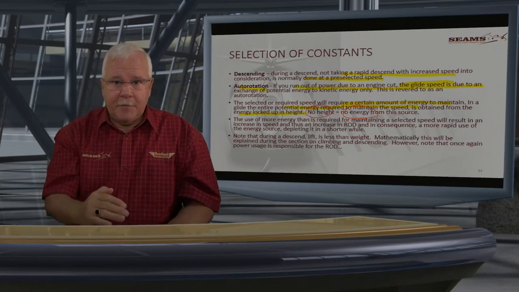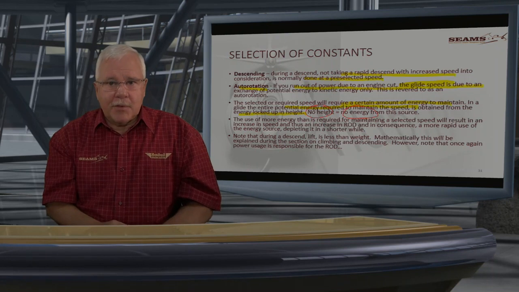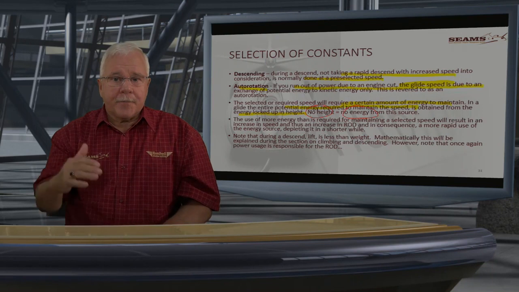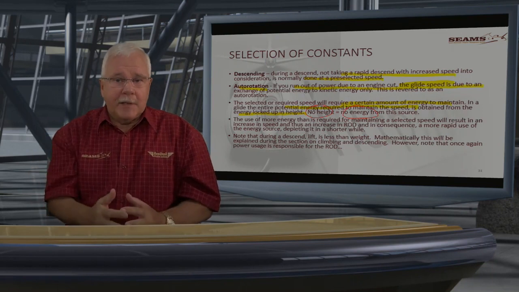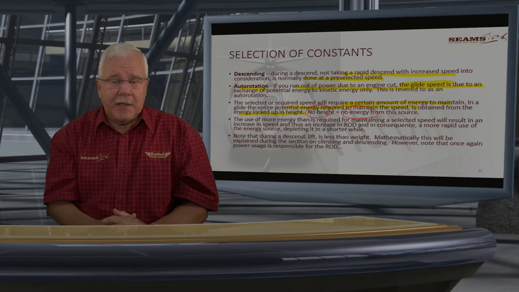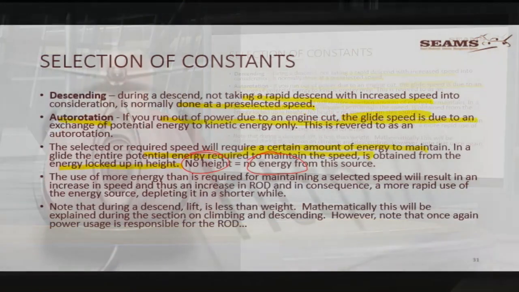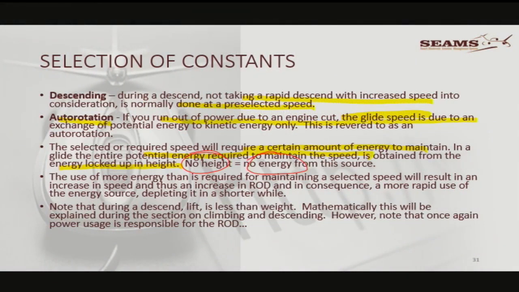If you fall from 100 foot, there's a good chance that you can break and burst some internal organs as well. If you're going forward at 60 knots, 50 knots, and you hit a tree, well, that stop is going to be far too sudden for comfort. Right. So the use of more energy is required to manage the experience will result in an increase in speed and thus increased rate of descent, but it is a more rapid use of the energy source, depleting it, and